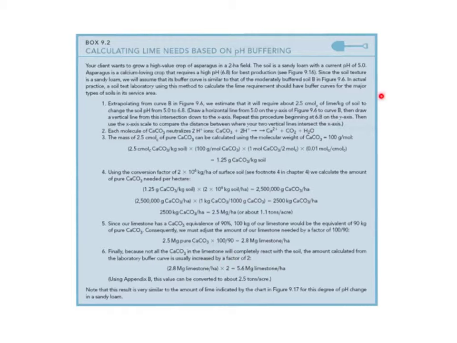This is what goes on behind the scenes when you send your soil sample in, and they send you back a recommendation. And what you would see would be a recommendation like this: 5.6 megagrams of limestone per hectare, probably in U.S. units if it was a U.S. soil lab. But that's the end of the day recommendation that you get, that you can then call a co-op or whoever deals in lime and applies the lime in your area, agricultural lime, and have them come out and apply that much per